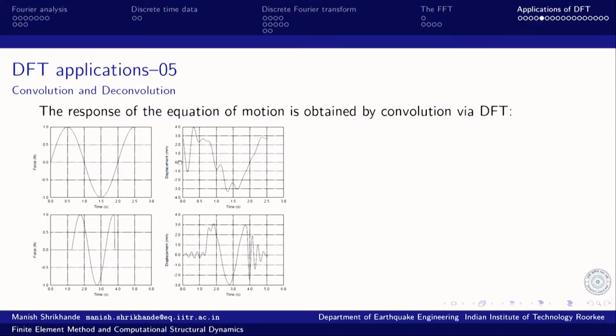But one peculiar thing should be noted. We mentioned that this system starts at rest condition, and obviously the solution does not satisfy the initial conditions of the problem. The initial displacement is somewhere around 2.8 mm, and the velocity is also very high, a negative velocity, at time t equal to 0. So obviously something is wrong somewhere.